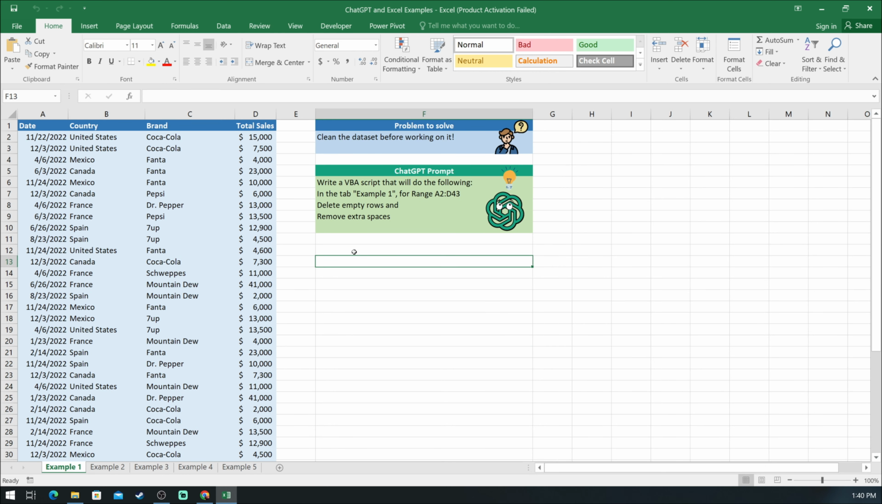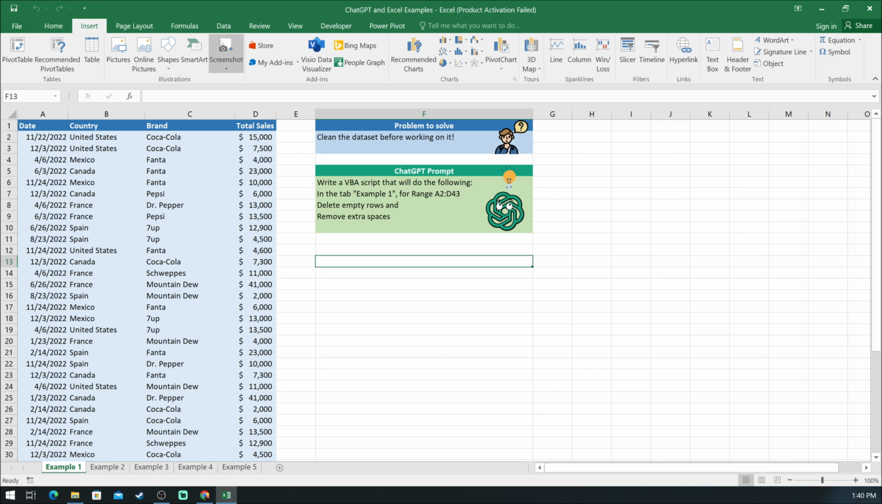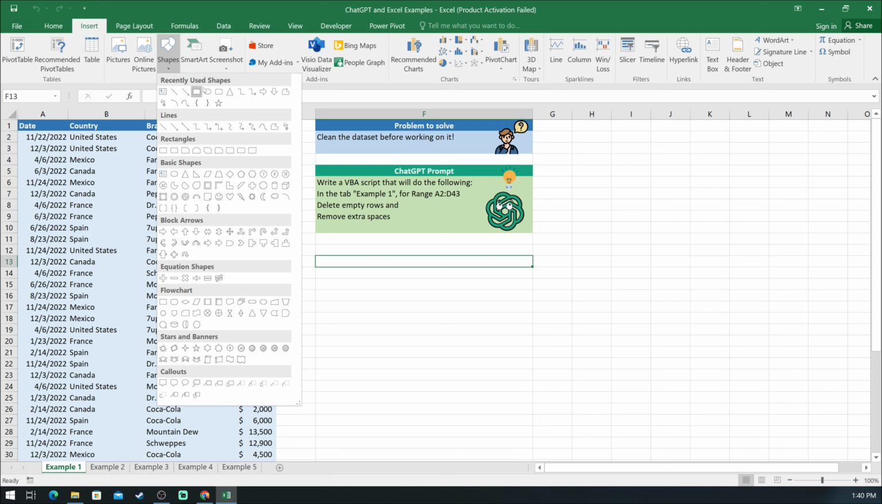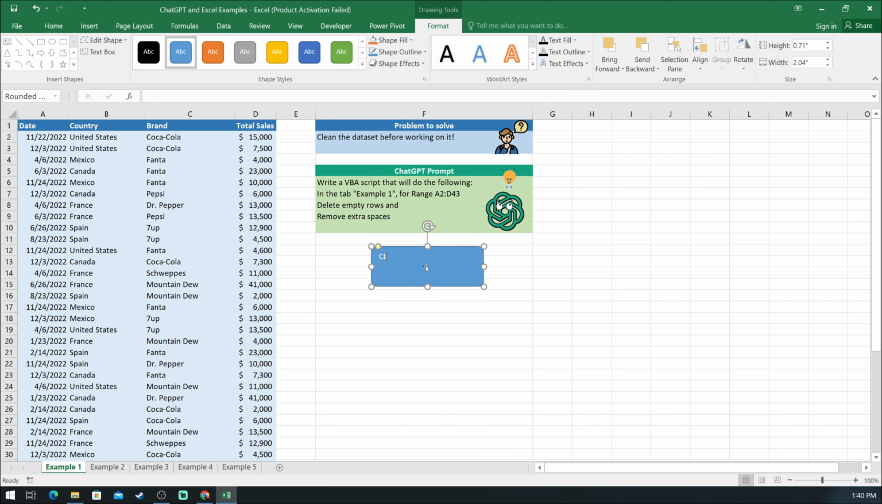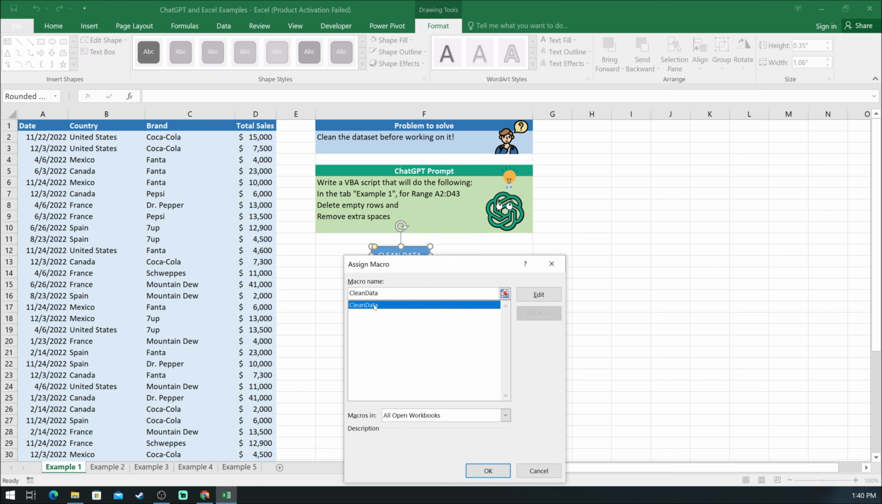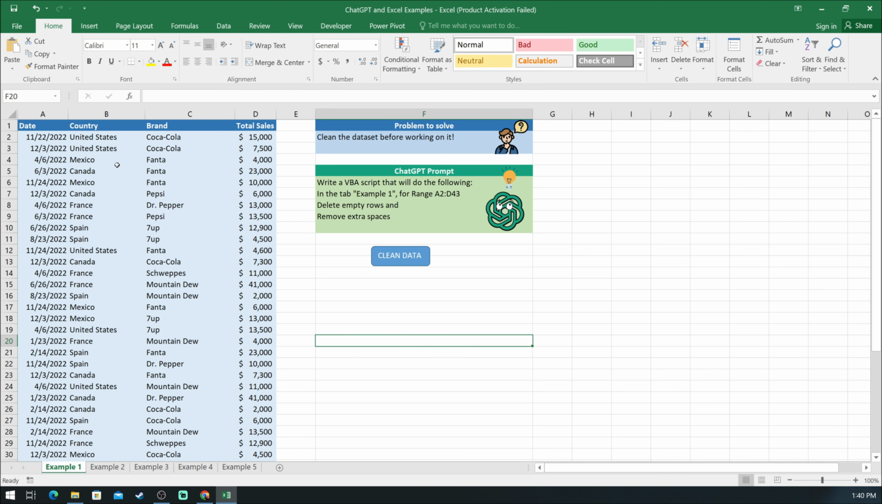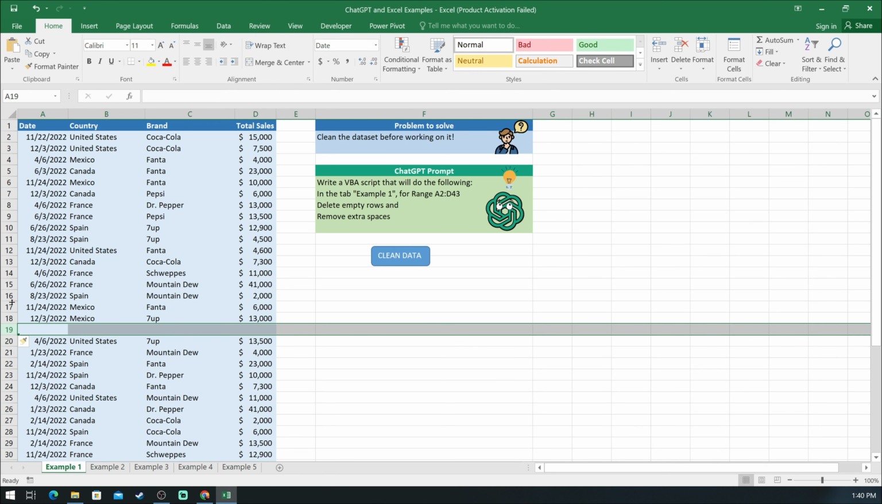In case you are getting data like this in future, you might want to set up a button to automate this process. For that, go to the Insert tab in the Excel menu and select the shape of the button you want. I will name it Clean Data. Then right-click on it and assign macro. We will select the new macro we just added in the VBA editor,